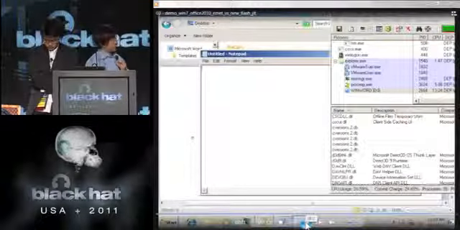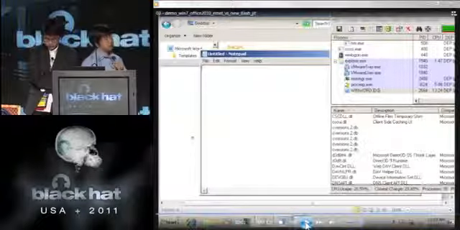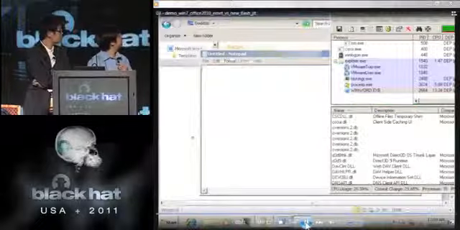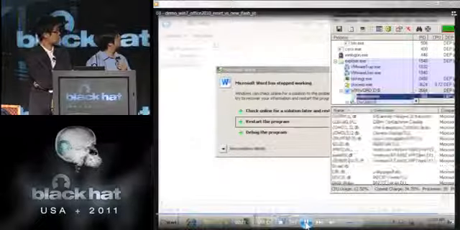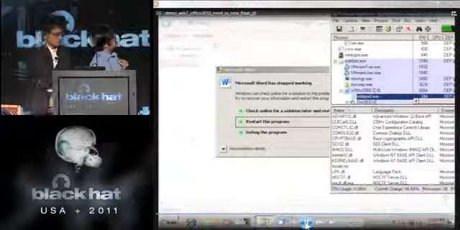The exploit is triggered, and shellcode is executed. So our trick can effectively defeat EMET protection.